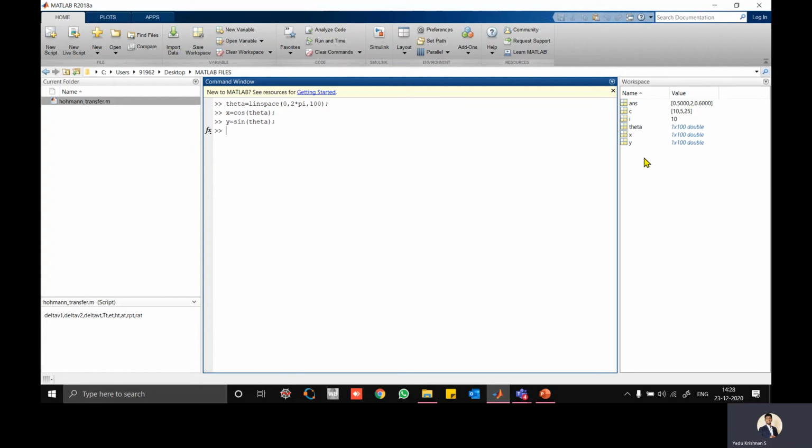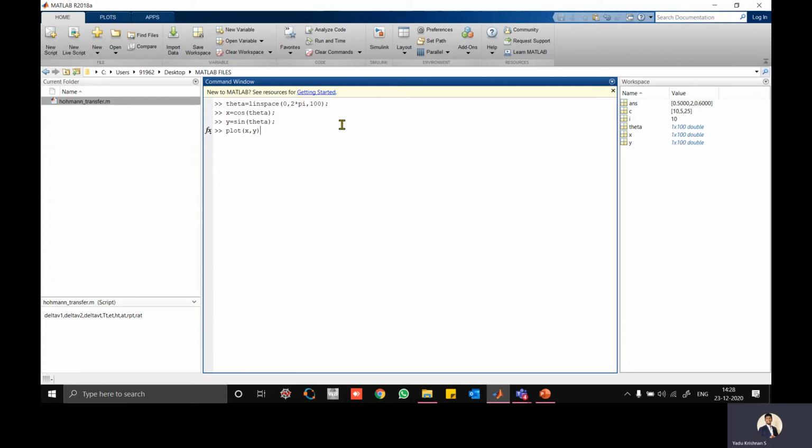Again, it is 1 into 100. For each theta, what is the sine value? Once you have x and y values, you can plot it. For each x value, what is y? For each y value, what is x? So we write a function called plot. What do we need to plot? Plot x, comma. You can see that there are so many syntaxes, so we'll just go with the first one, that is x, comma y. But always remember your variables should be proper. Here in this syntax it is written as capital X, Y, but it's actually small x and small y in our equation. Plot x, y.